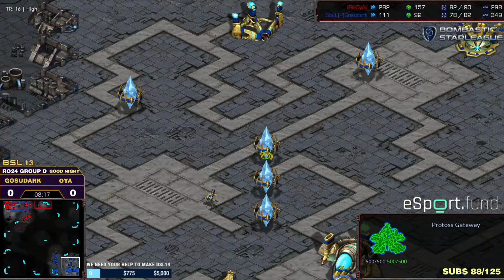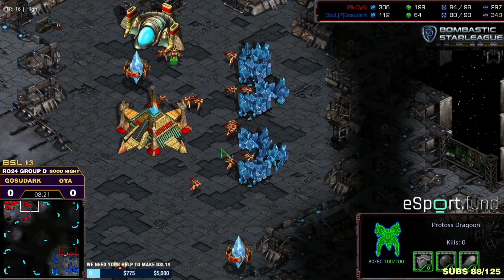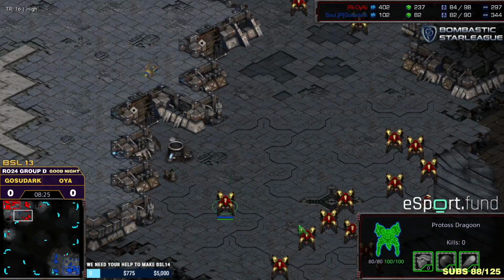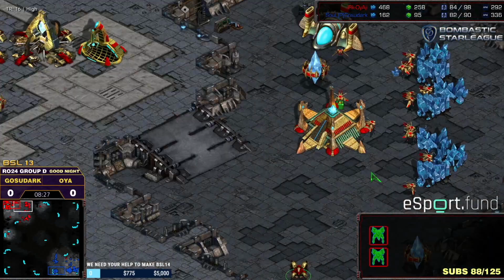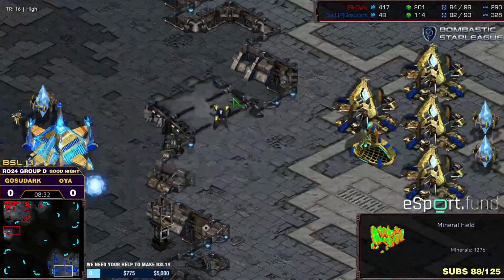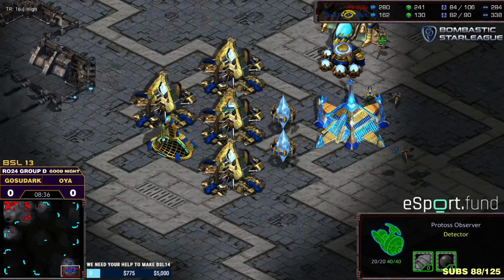I don't think that Gosudark knew exactly the timing of the Nexus 2. He will click on the minerals to see how far behind he is, but again, with the saturation of probes, it may actually be not that far. Supply also, that's a good point. I mean, especially you can always check that mineral count, though. That is sometimes hard to have the presence of mind, but I am surprised that Gosudark is...